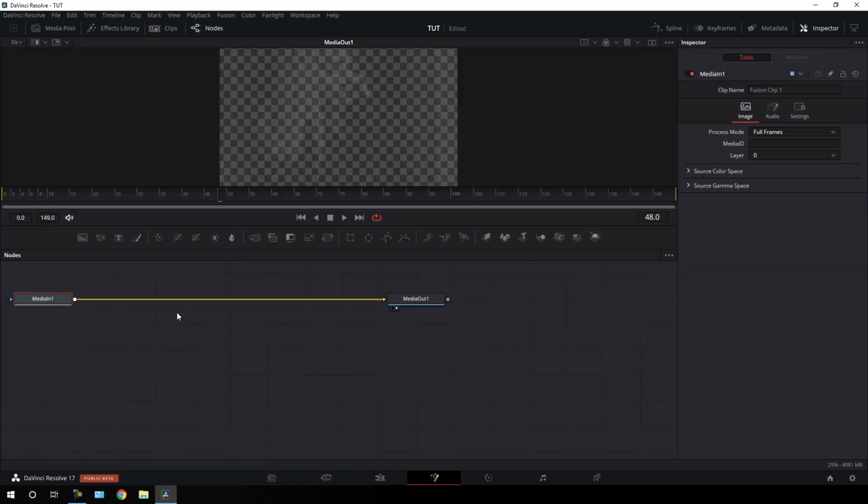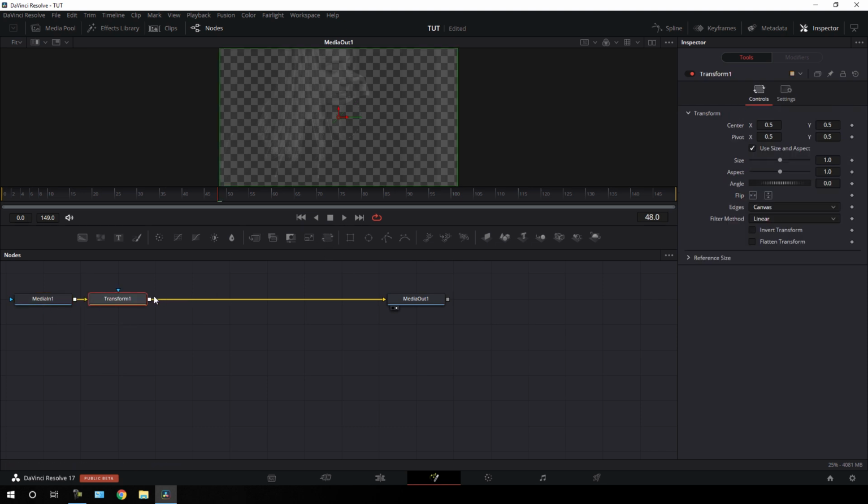And here we have to connect a transform just after this media in. So select this media in, add a transform node, and just go to frame number 30, which is equal to 1 second. Right click on size, click on animate, go to frame number 60. Let's increase the size a bit, maybe 1.2. Just go 1 second forward in time to frame number 90. Click on this diamond button to create a keyframe on size parameter and lock this value. Go to frame number 120 and let's set it to default.